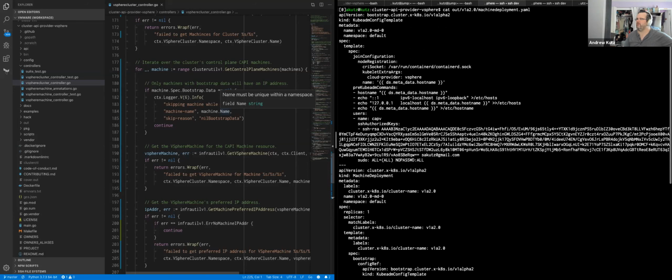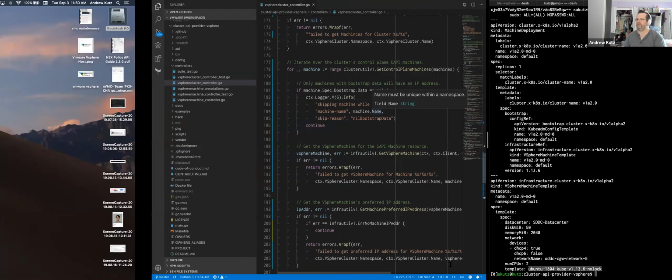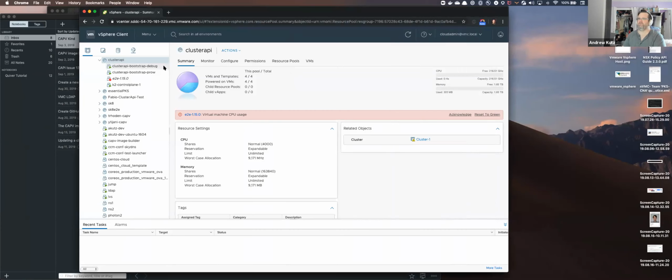But notice something here. We've got what are templates. Instead of a kubeadm config, we have a kubeadm config template. Instead of a vSphere machine, we have a vSphere machine template. And I've gone over this in other calls, but these templates are supposed to be immutable. And while this is actually the virtual machine template inside of vSphere, so for example, if we go here,